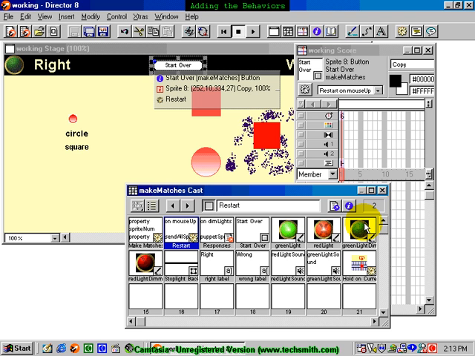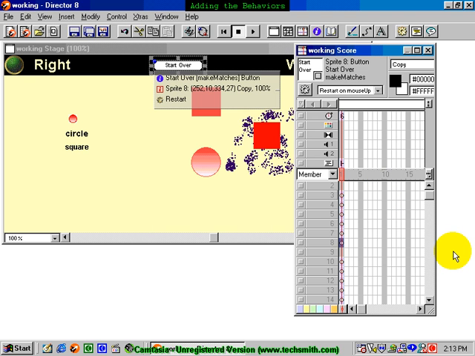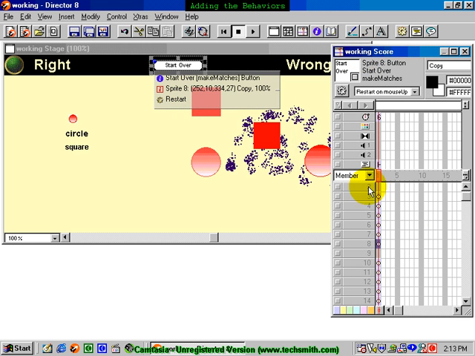Okay. Our next step is to add our matching interactivity, but before we do that, let's close this. We need to make note of where our squares and circles are, because we're going to have to tell these draggable objects which sprites will serve as matches for them. So we need to know which sprites will serve as matches, and we do that by selecting them in our score here, and we can see that